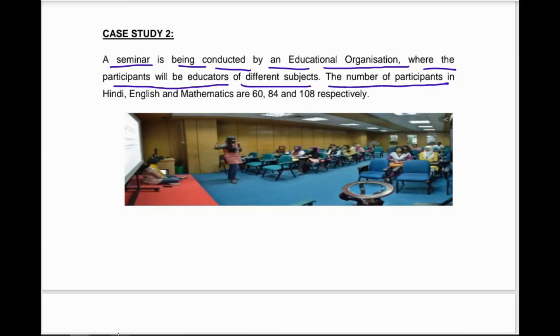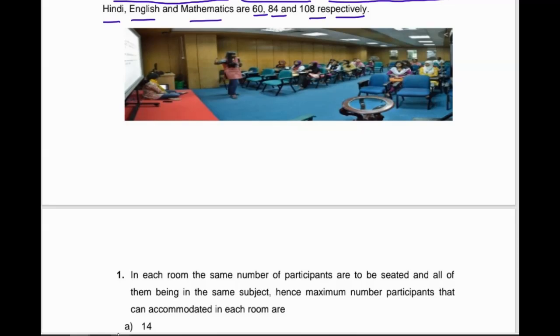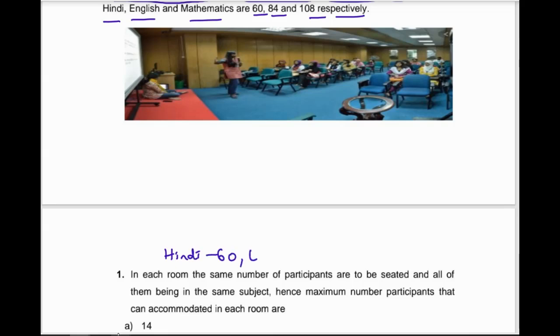The number of participants in Hindi, English, and mathematics are 60, 84, 108 respectively. So here, for Hindi we have 60. For English, we have 84. And for maths, we have